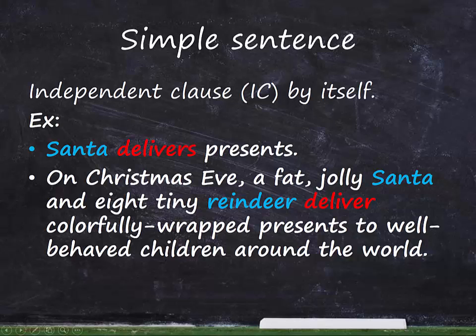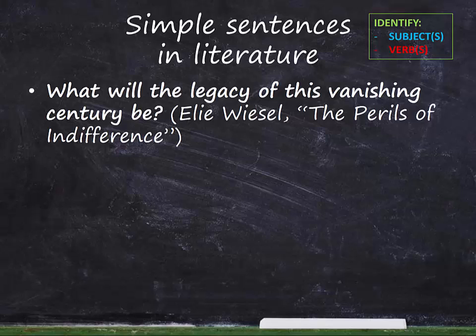The extra stuff is just a prepositional phrase, some adjectives, more adjectives, direct object, indirect object, prepositional phrase. 22 words. So even though it might not seem simple with all of these extra modifiers and phrases, it's still called a simple sentence. It's all about how many and what kind of clauses the sentence has. Let's look at a couple of examples in literature.